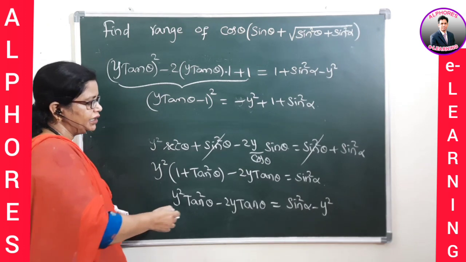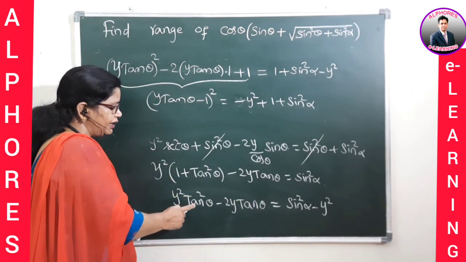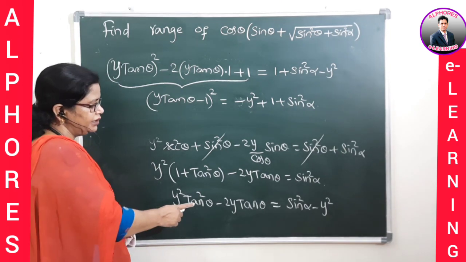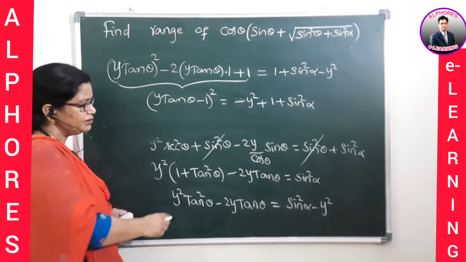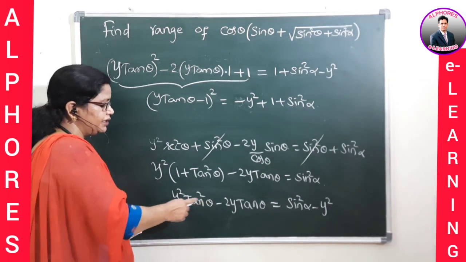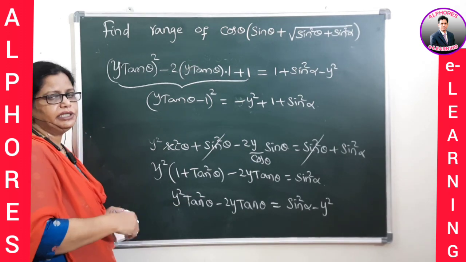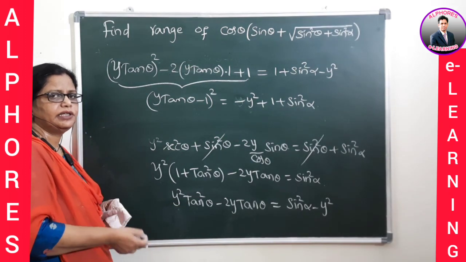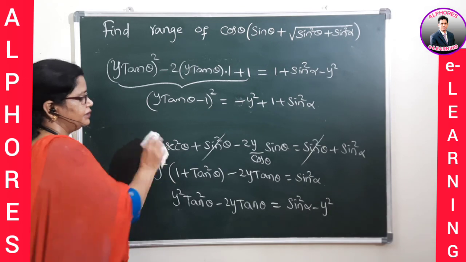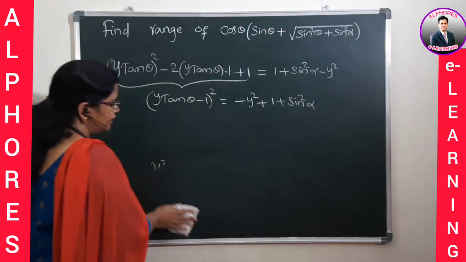Or else, if I write all the values on this side, then you are getting a tan value. That means in tan you got a quadratic equation. So you can make use of the fact that in tan quadratic, the range of tan theta is all the real numbers. Therefore, you can even make use of discriminant greater than or equal to 0. Anyways, we can use that. So now I am taking the perfect square because all the terms are direct here.